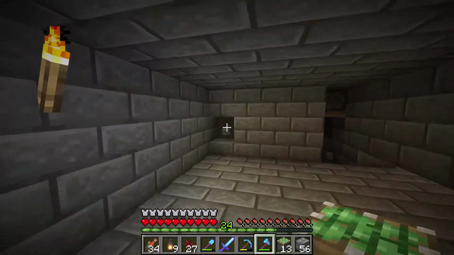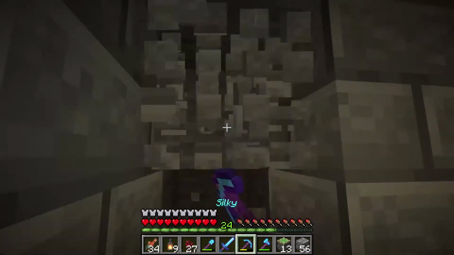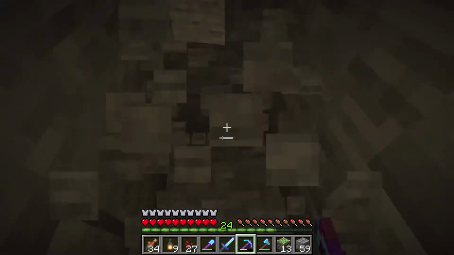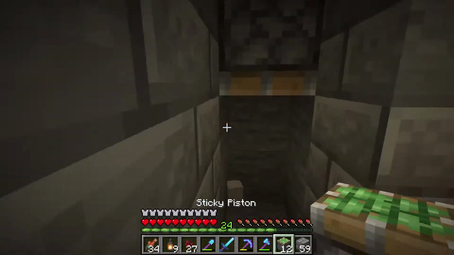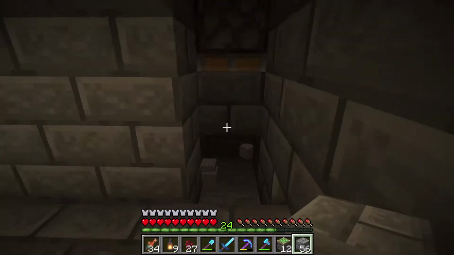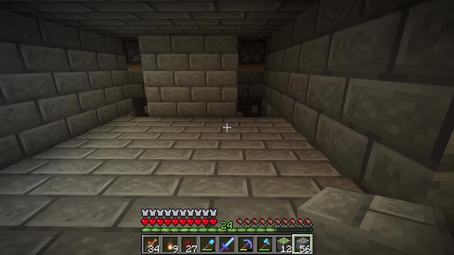You can hear the slimes, and they're jumping and they're coming towards the edge there. So on the second one, and it's going to be right there. So come down here, place that sticky piston down. That block's going to be right there, and when it's extended,